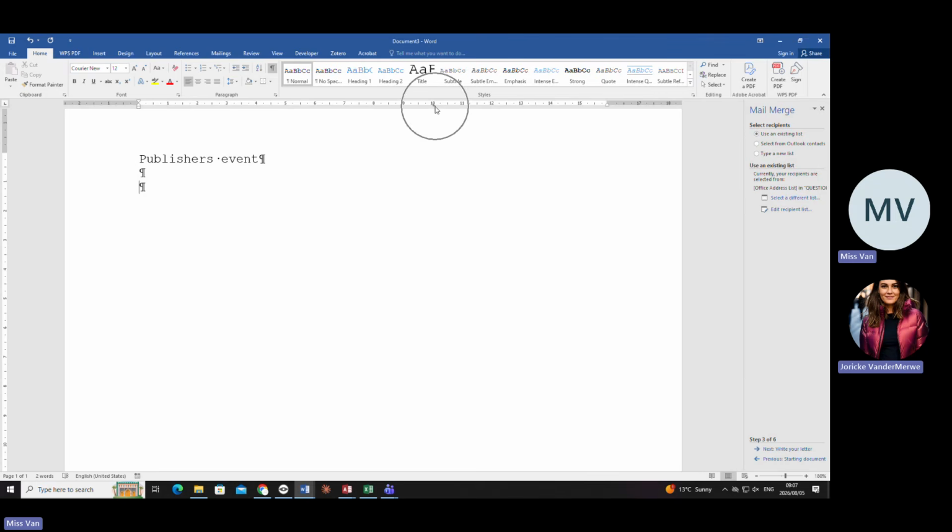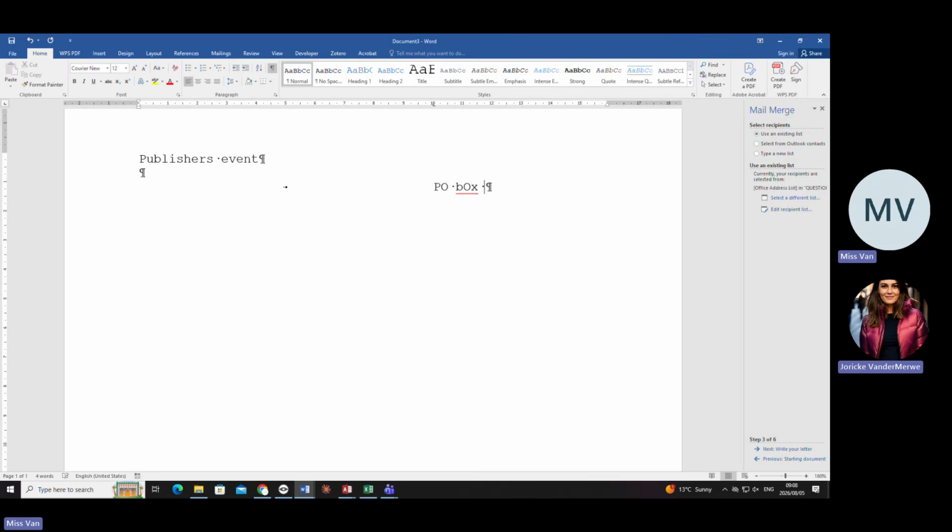Can you see that little thing appear? Is it at the top one? No. So if you're going to press tab now, it's not going to create the tab stop there because there is no tab stop. So please make sure you put the tab stop there and that you see the little tab stop there. Now you can press tab and you can put in PO box.